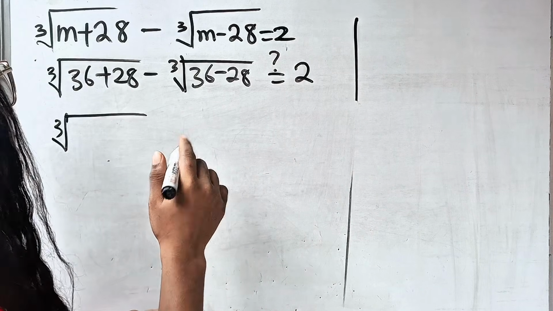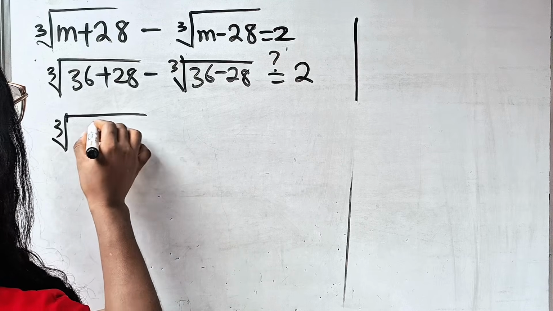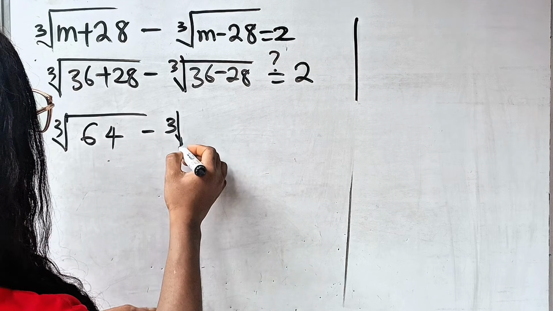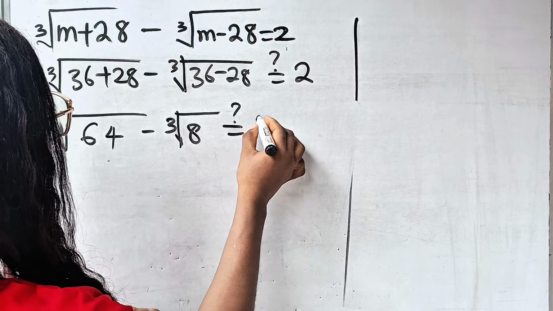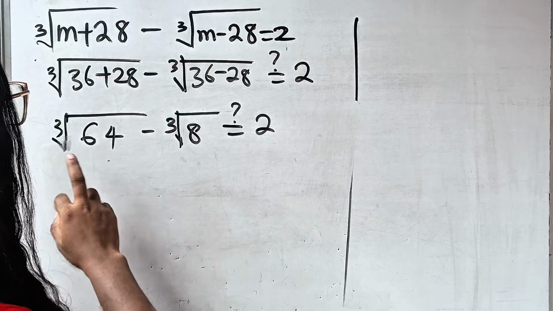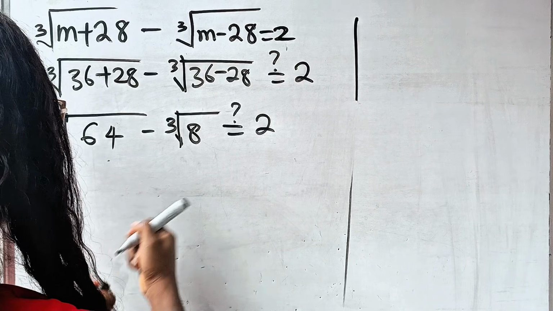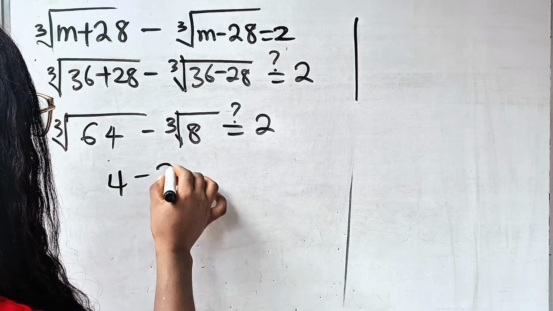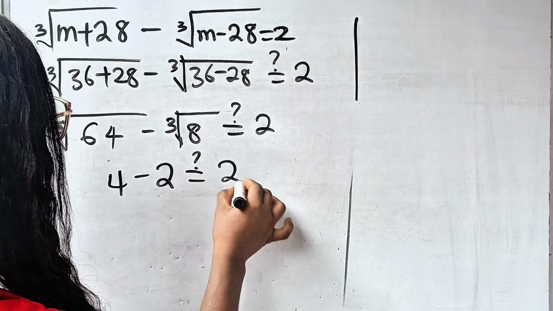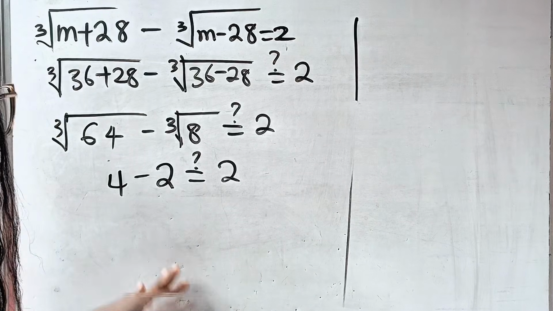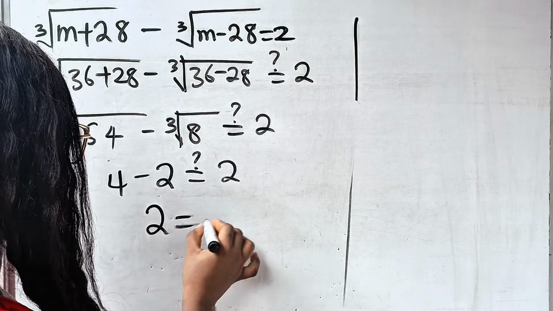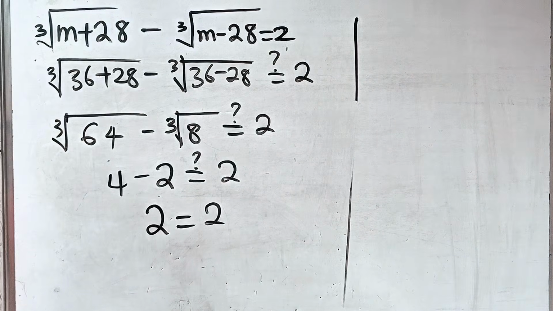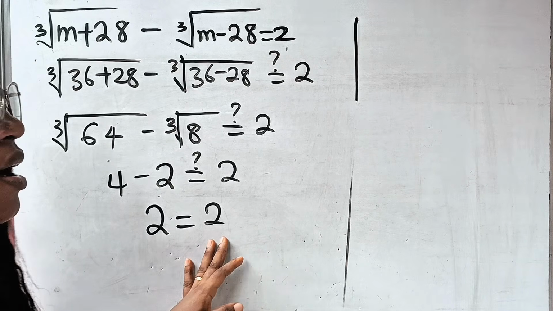36 plus 28 is 64, so we're going to have 64 here. Cube root of 36 minus 28 is 8. Is this actually equal to 2? Now, cube root of 64 is 4, and cube root of 8 is 2. Is this equal to 2? And you can see clearly that yes, 4 minus 2 is equal to 2. So you can see that the left hand side is equal to the right hand side,